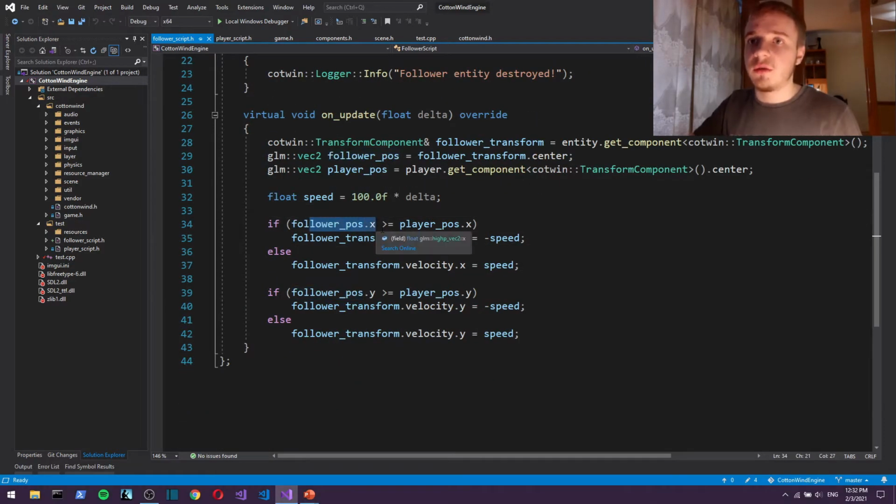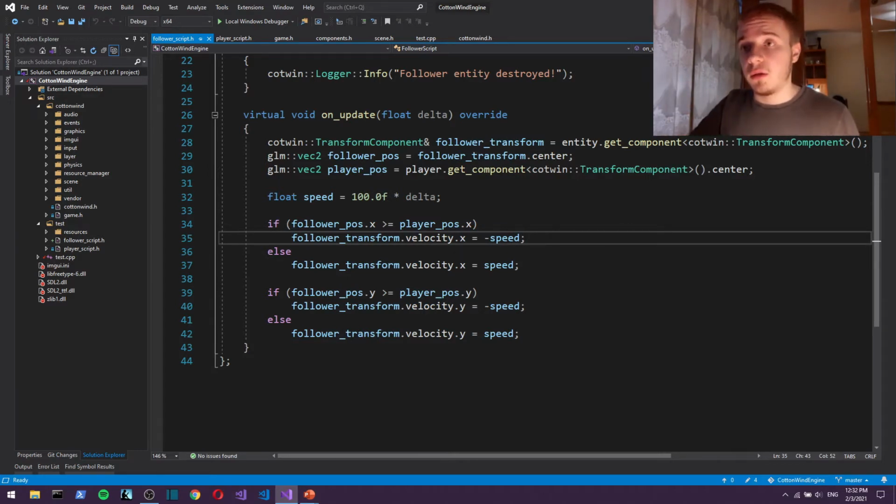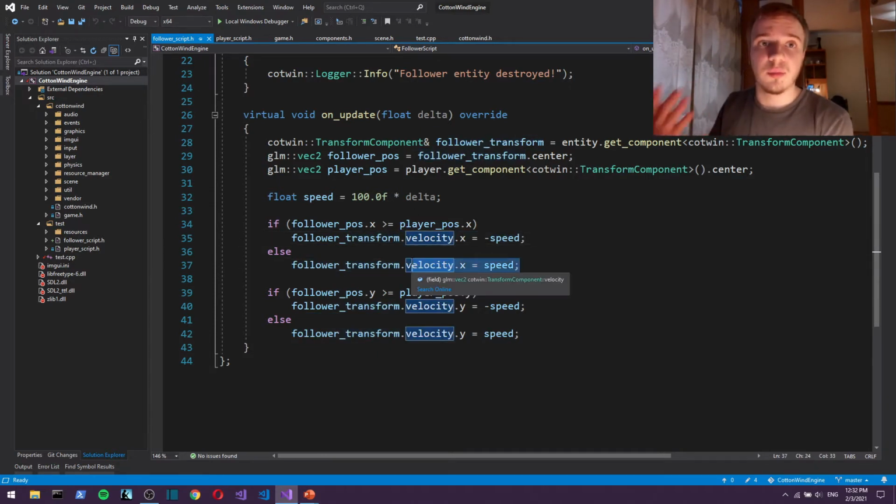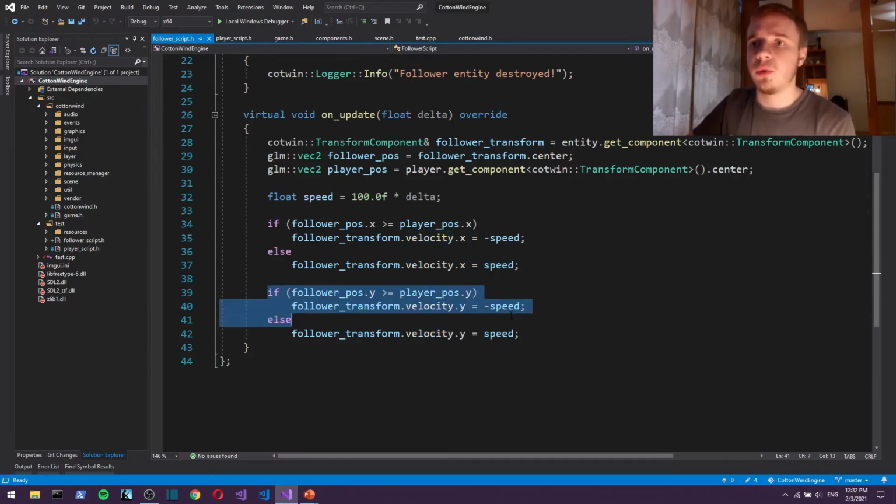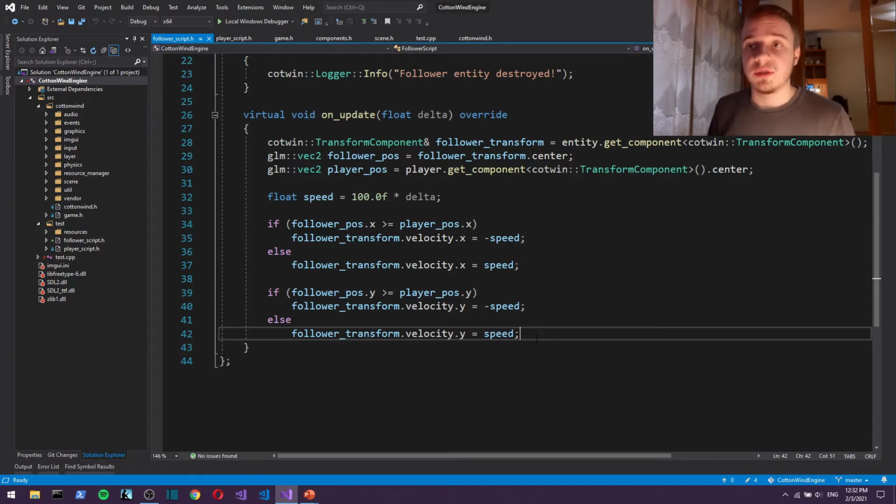If position of follower entity is bigger than x, we subtract from that position, so we make velocity minus the speed of the follower entity, and otherwise it's the positive value of speed. And similarly we do that with y position.